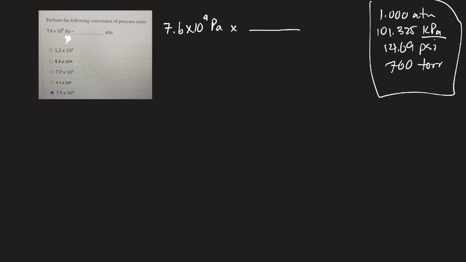And I can use that because kilo to pascals, pascal would be the base unit. It's a factor of 3, so that's 1,000. So there's 1,000 pascals in 1 kilopascal. So if I do that multiplication, I should come up with 7.6 times 10 to the 6th kilopascals. Now, if I want to convert that to atmospheres, I'm going to multiply